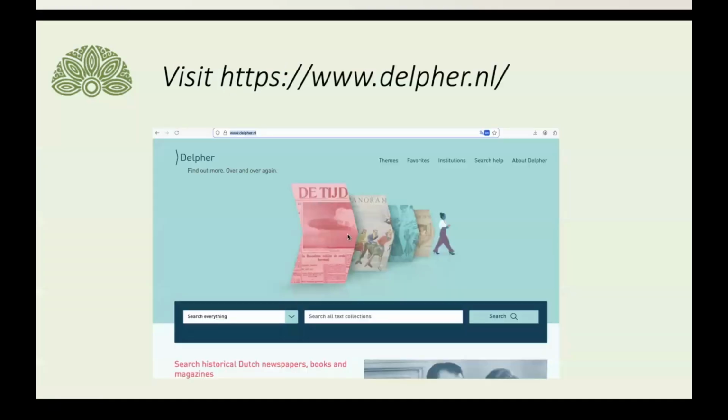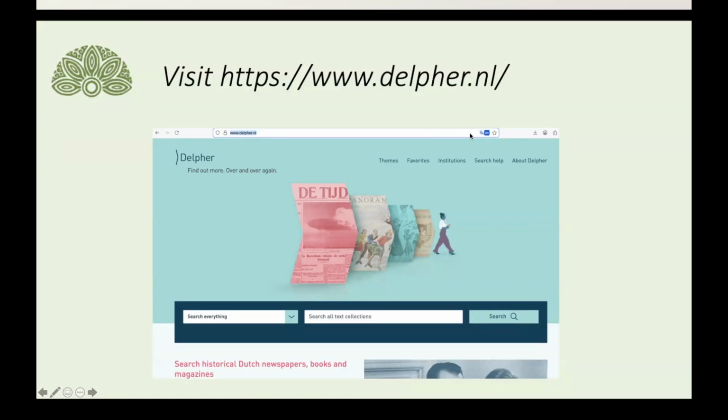So the first one is you can search the East Indies newspapers, local newspapers of the colonial era, so before 1942. There are also newer papers, of course.